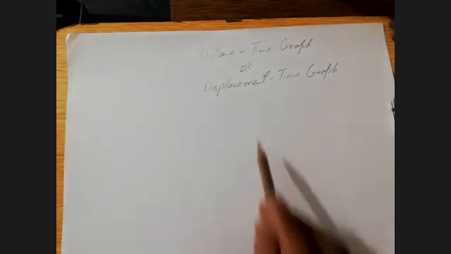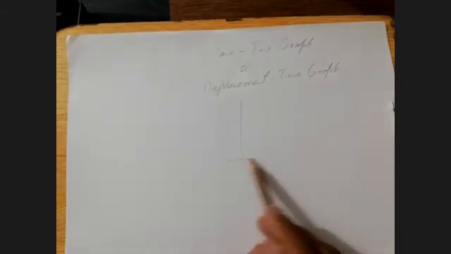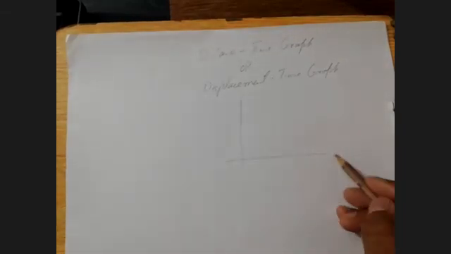Remember this, because in a graph we are not showing the direction of the body, since the direction of the body cannot be shown with the help of the graph. So if it is written distance time graph, then distance will come on the y-axis and time will come on the x-axis. Like here, I have written both the axes, this is x-axis, this is